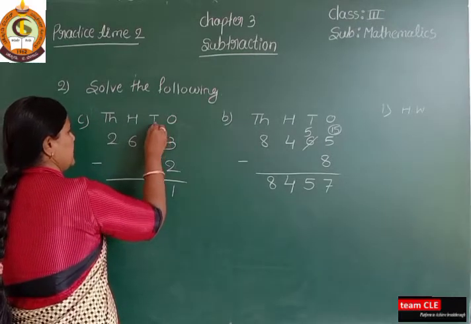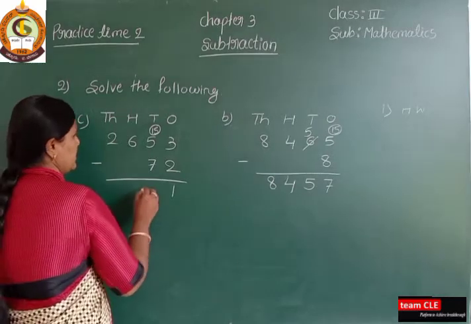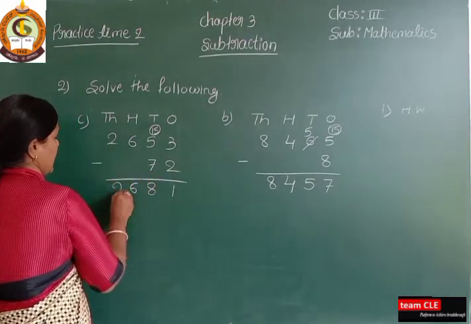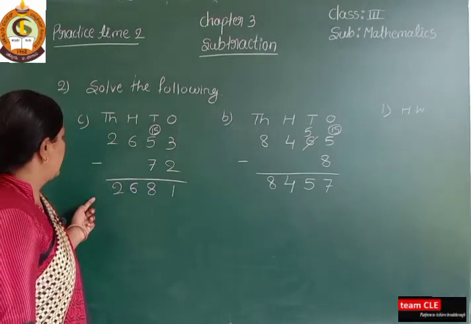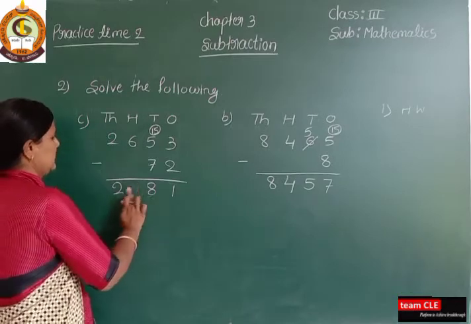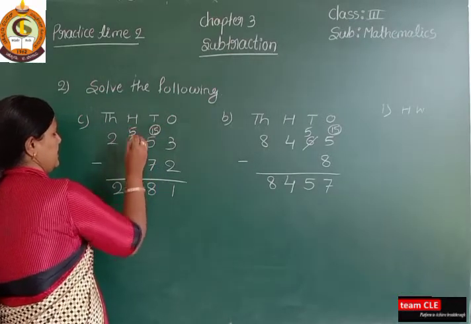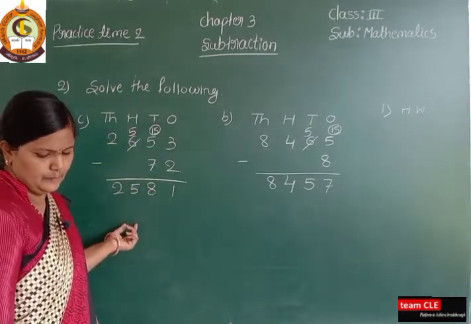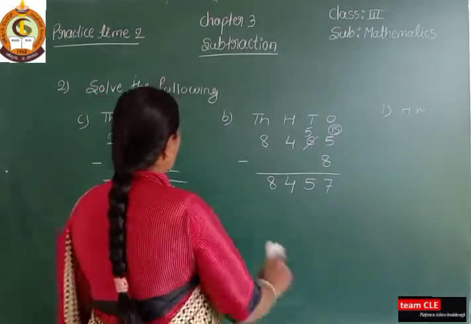That 10 plus 5 is 15. 15 minus 7 is how much? 8. And write this 6 as it is, 2 as it is. Sorry, here you took one tens group, so instead of 6 here, 5 remains. So write here 5. That is 2581. Next,